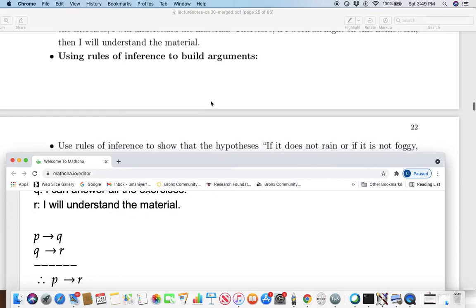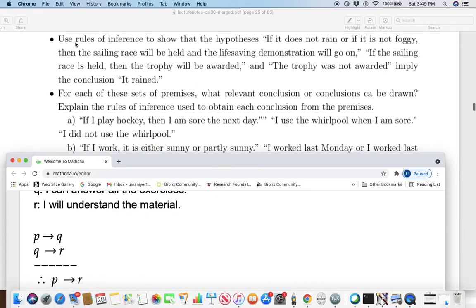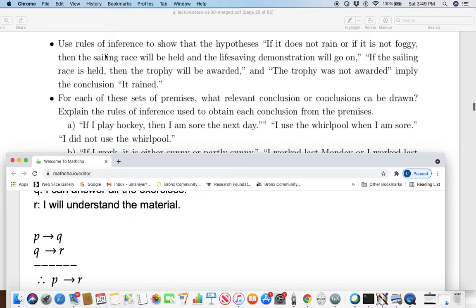Using rules of inference to build an argument. Use rules of inference to show that the hypotheses, if it does not rain or if it's not foggy, then the sailing race will be held and the life-saving demonstration will go on. If the sailing race is held, then the trophy will be awarded, and the trophy was not awarded, imply the conclusion it rained. Okay, so we are supposed to use rules of inference to show that the hypotheses, here are